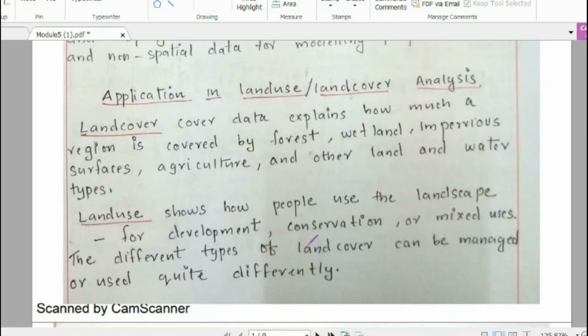So as I said, this land use and land cover analysis is a reference for various other applications. Say for example, if I wanted to study the natural resources of that area, I must have land use and land cover analysis data of that area.